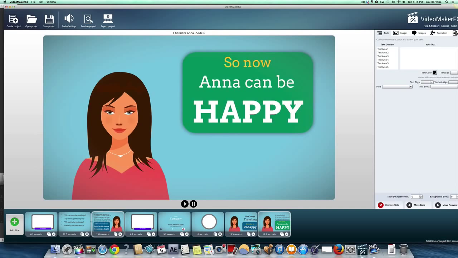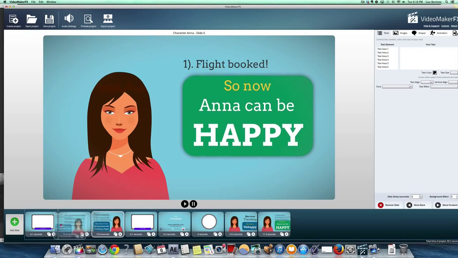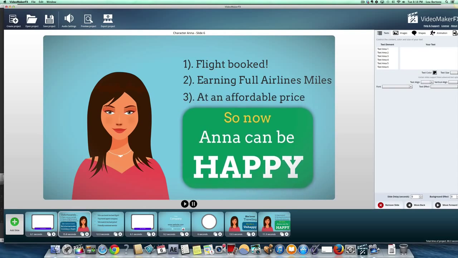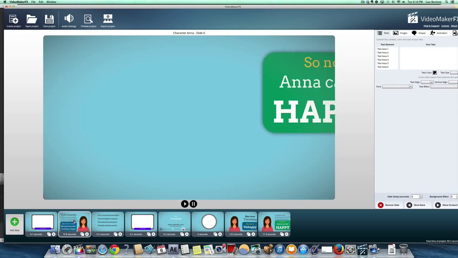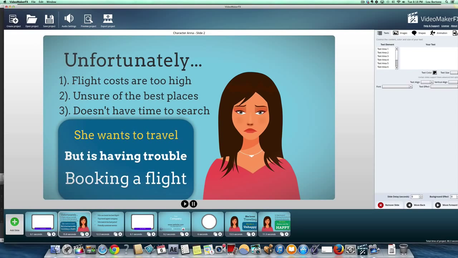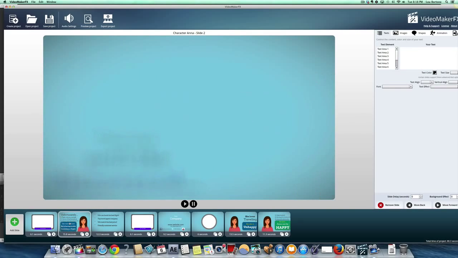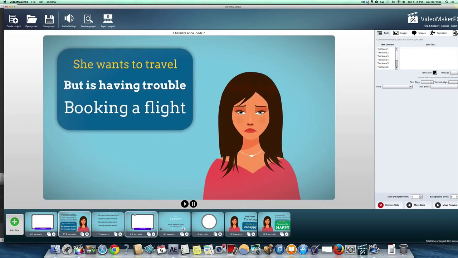Now you can change the order of these like this, just drag and drop. You can change the text, you can add photos, it's just going to play the frame that you have open. It's going to play over and over again. So let's pause that. So here's our friend here, character Anna, and you can see here when I click on this particular frame or slide,